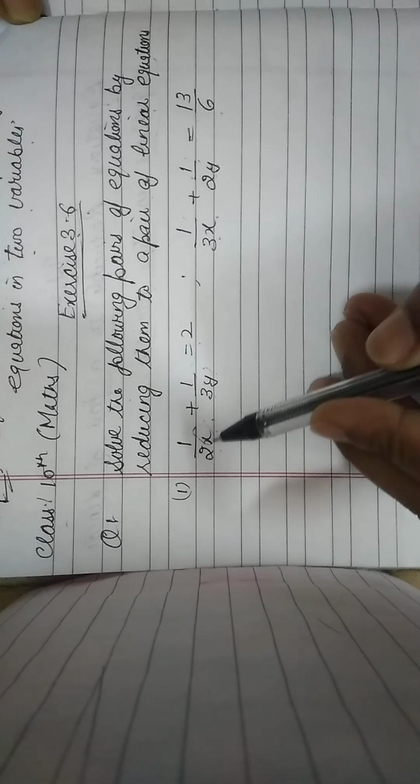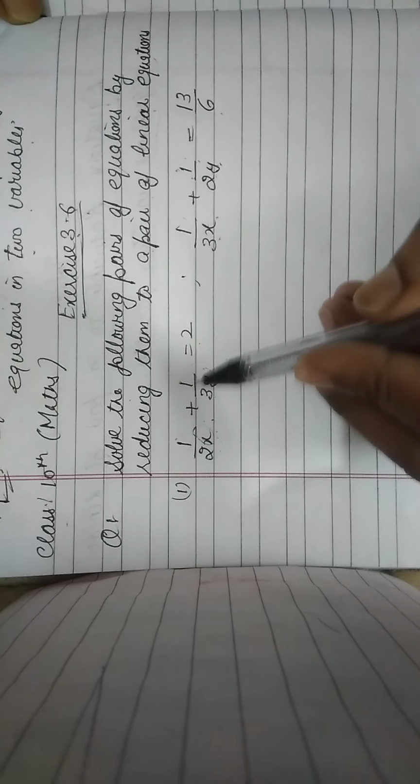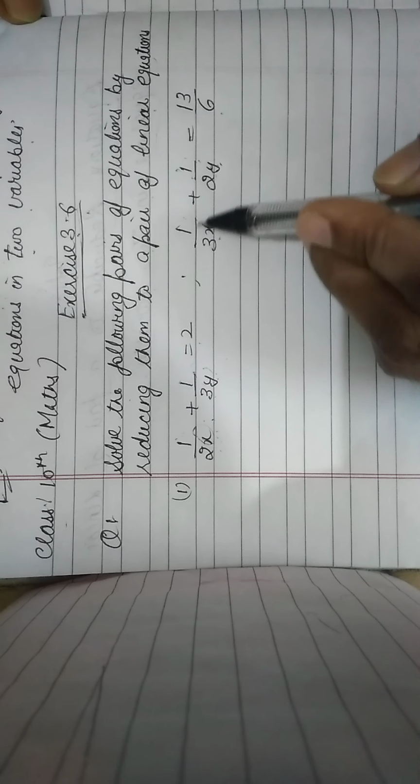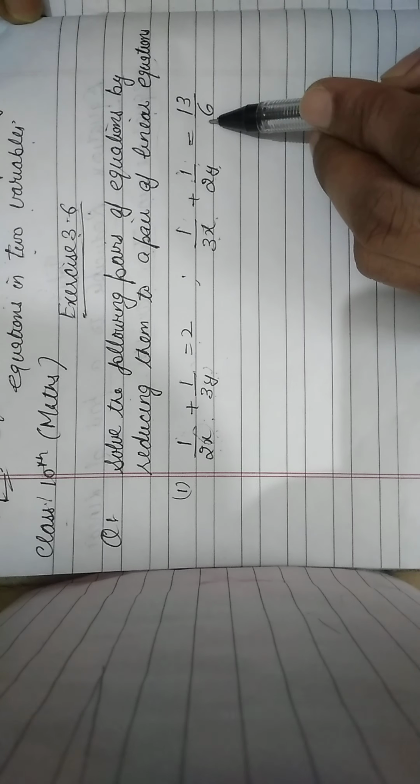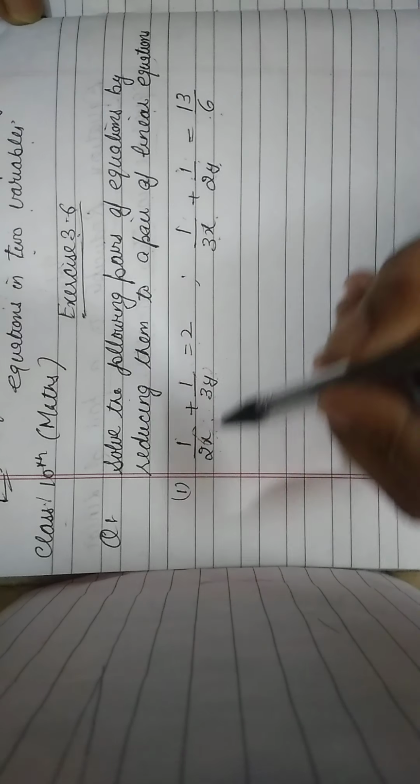Let us see 1 by x, 1 by y, 1 by x, 1 by y. Here 1 by x and 1 by y are both common in both equations. Firstly, observe which is common. Here 1 by x is in the first equation, and 1 by x is also in the second equation. Similarly, 1 by y is in the first equation, and 1 by y is in the second equation. Now let us write the given equations as